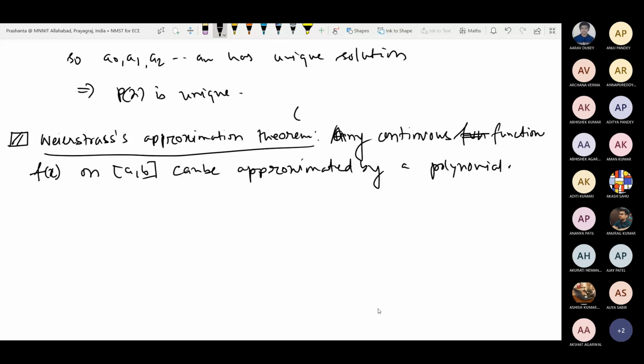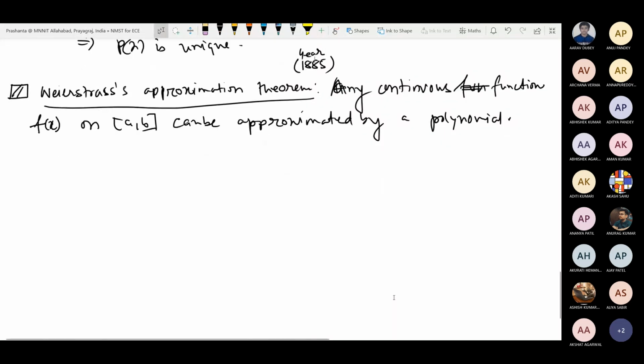So this particular theorem was proved in the year 1885. Very old result. So if f of x is the function, it will depend on your choice how close the polynomial you want for the given function. So if f of x is the given complicated function, and if you want to approximate it by a polynomial, then it is possible. So you choose an epsilon which is a quantity greater than 0. Then for this f of x, there exists a polynomial Pn of x. Degree is not mentioned here. It will depend on the function.